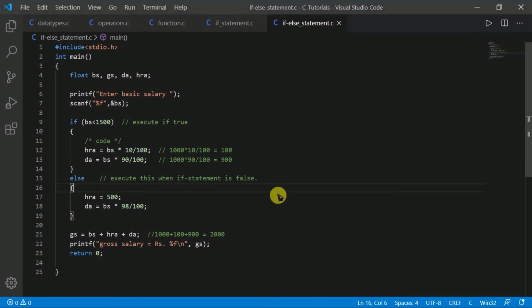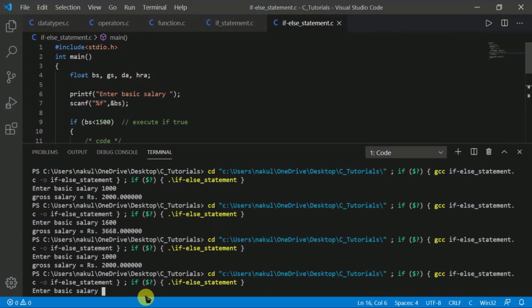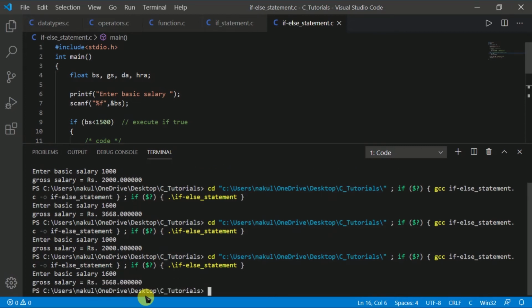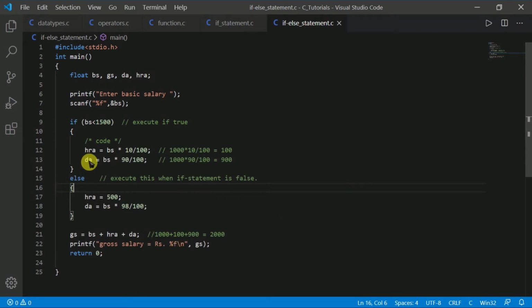Now if I run this program again and enter a salary greater than 1500, I am going to enter 1600, and then we get 3668. So how do we get this? Let's calculate it. Now this if condition is false because our salary is greater than 1500, so it executes the else code. The HRA value is already defined in the else statement. We need to solve this calculation for DA.